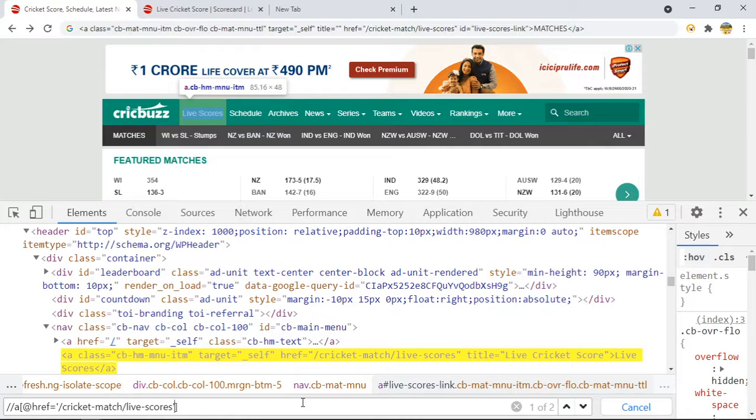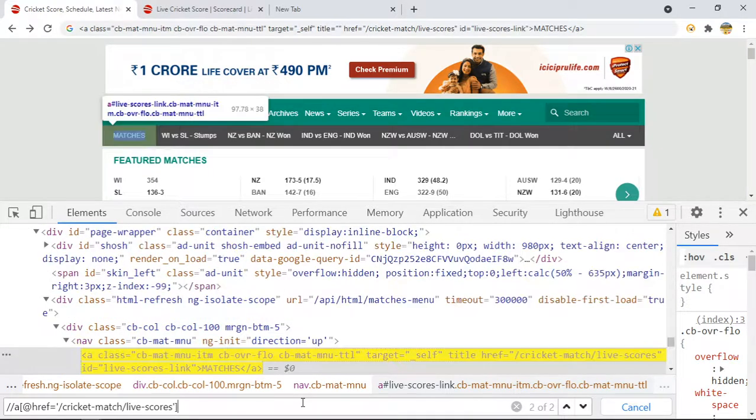So you can see you can use it this way. But here you can see two elements are matching because I think two elements have the same link. You can see what is the HREF here and what is the HREF here. Live score and the matches have the same HREF.